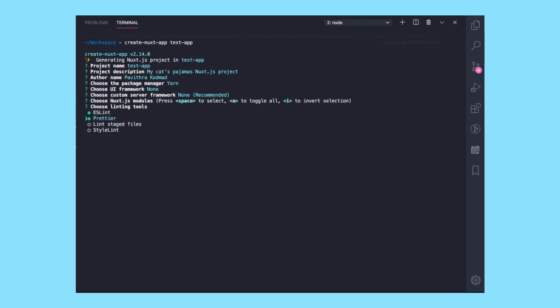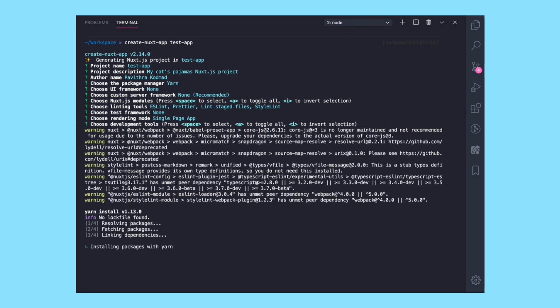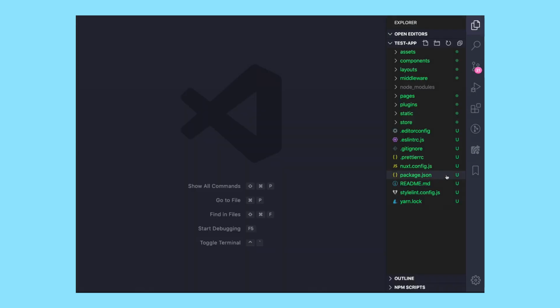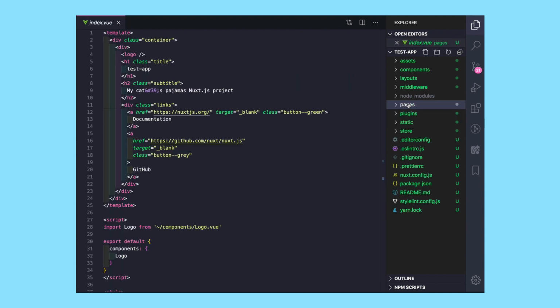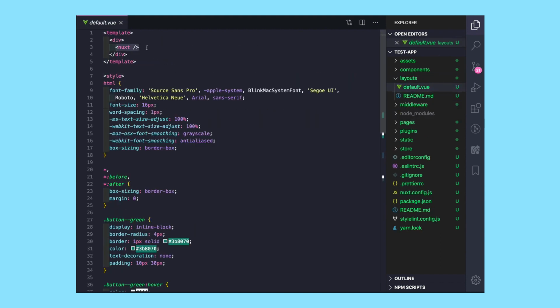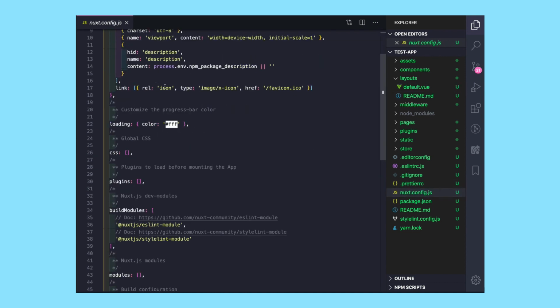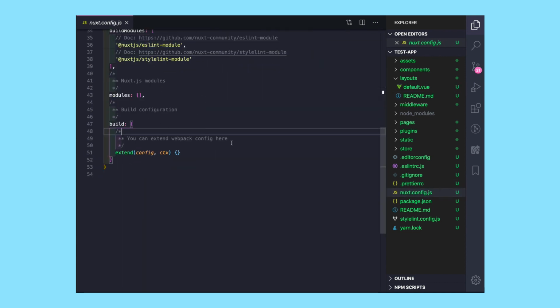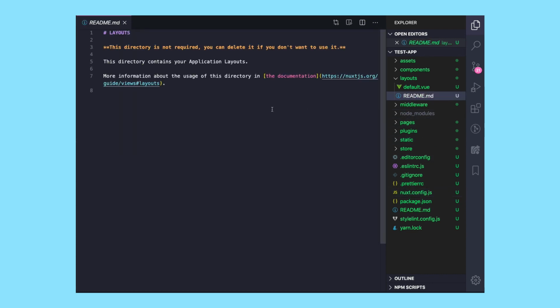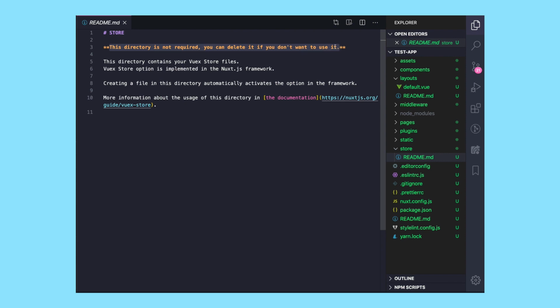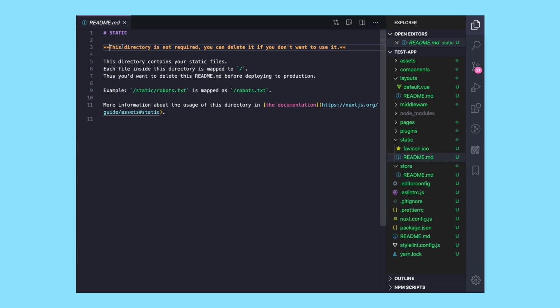So I tried Create Nuxt App, created the whole boilerplate, and I was kind of familiar with it because Next.js also has this pages folder and Nuxt.js also had it. There was a layouts folder and then there was a nuxt.config.js. These were all things that I expected to be there. And one of the nicer things of Create Nuxt App I found was that each of the folders that it created had a readme file in them telling you what the folder was for and whether you needed to keep it, when you needed to keep it, or whether it's better to delete it.